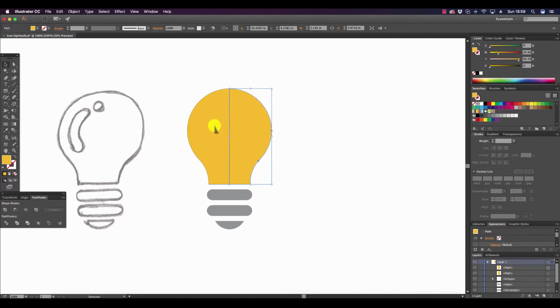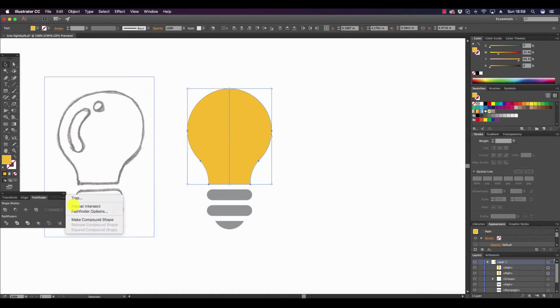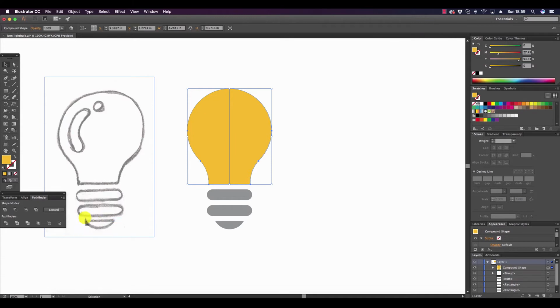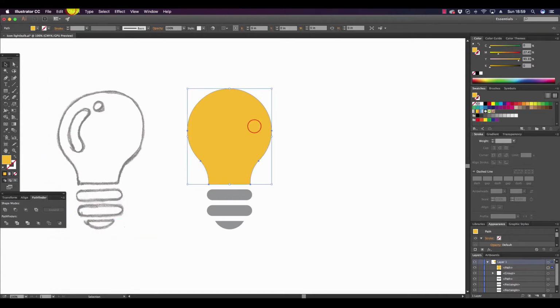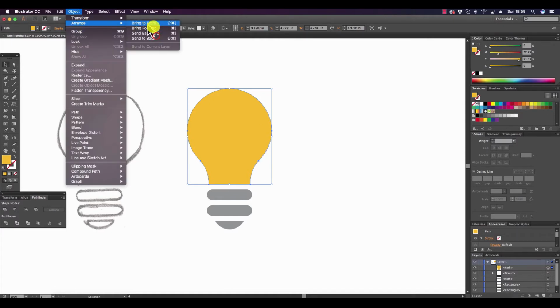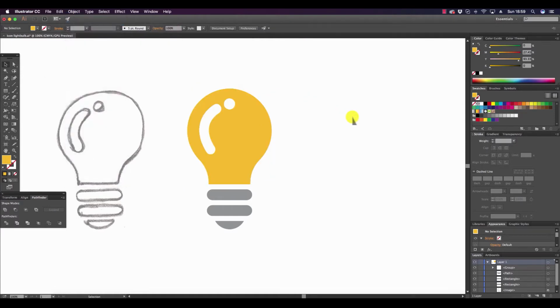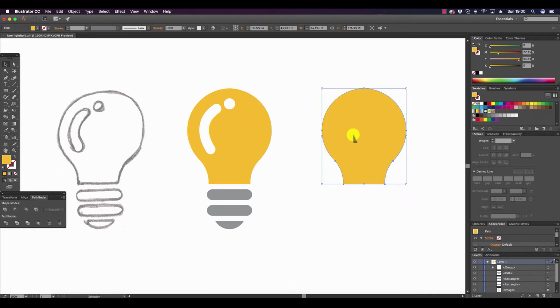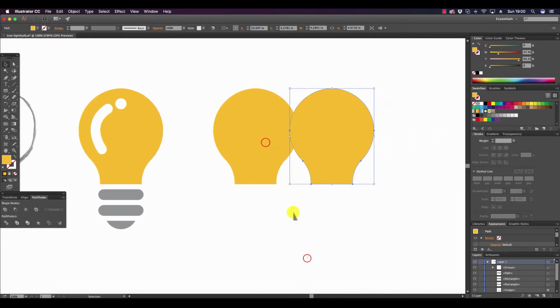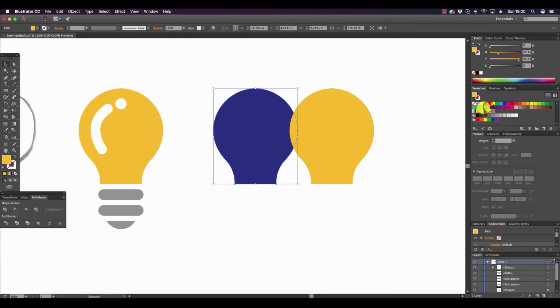I'm going to merge these two together, holding Shift, and going to the Pathfinder panel, selecting Make Compound Shape and Expand. Selecting that again, go to Object, Arrange, Send Back, so we now see the shine of the bulb. Now to give some greater detail to the bulb, I'm going to copy this across, and I'm going to copy it across again. Now, I'm going to place this, I'll colour it blue,